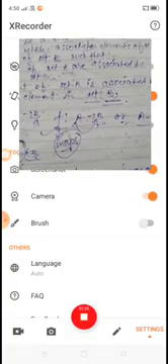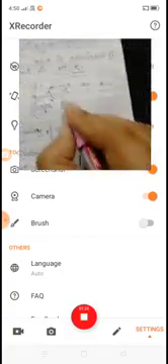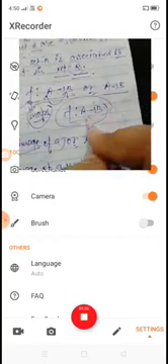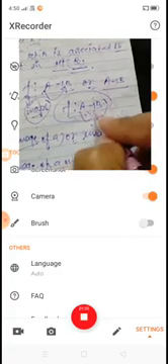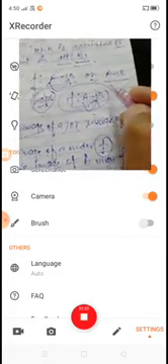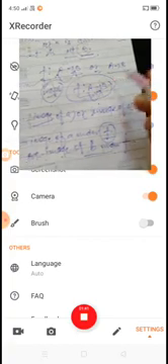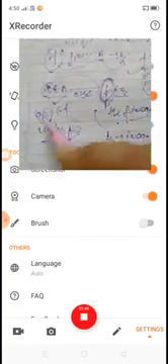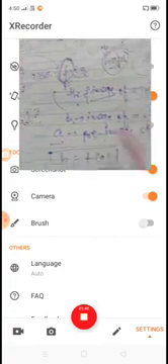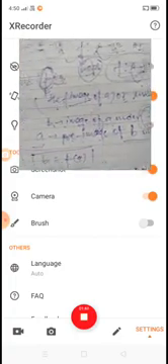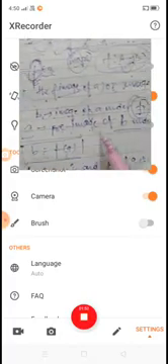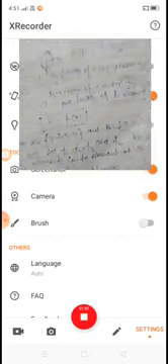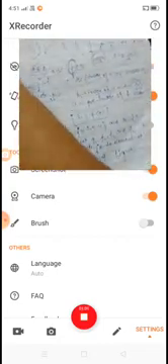Suppose f is a function from set A to set B, then we can write it in this way: f such that A to B. The meaning of that is f is a function from set A to set B. And suppose an ordered pair (a, b) belongs to a function f, then b is called the image of a under f, and a is known as the pre-image of b under f. In this way we describe the function as a correspondence.